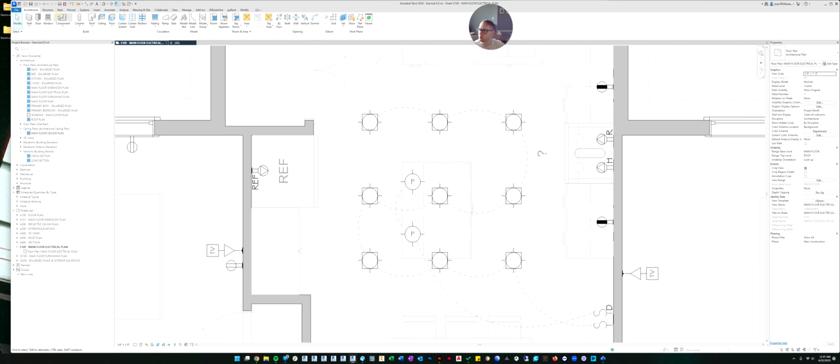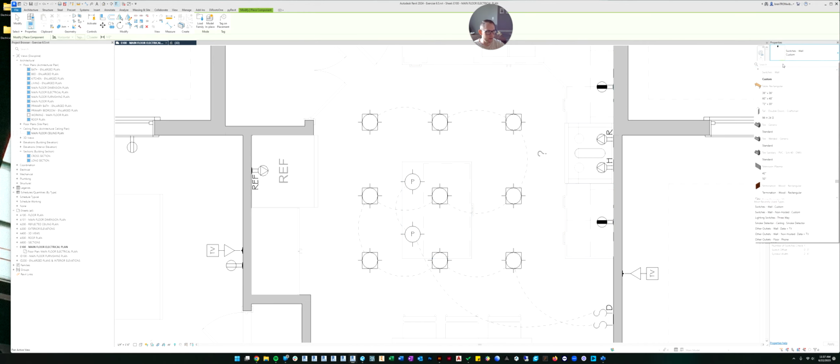Let's go to the place component and let's do electrical outlet again. And there are ceiling hosted outlets. So if you were doing a home theater and you wanted to put an outlet on the ceiling for the projector, or in the garage for the garage door opener, you would use the ceiling hosted. Then there's one that's called floor non-hosted. So if you wanted to put it in the floor, there's also one for the floor that you could do. So if you wanted a floor outlet in the living room, you can use the floor hosted.